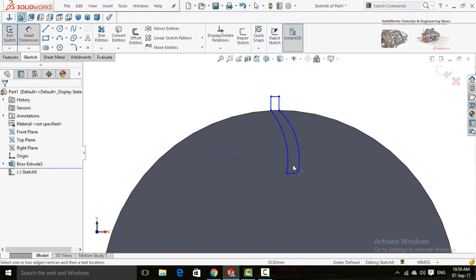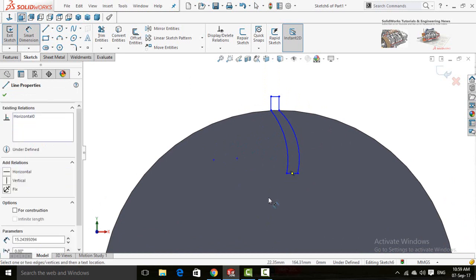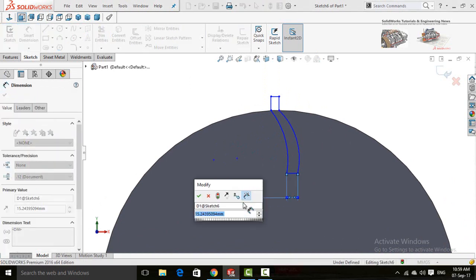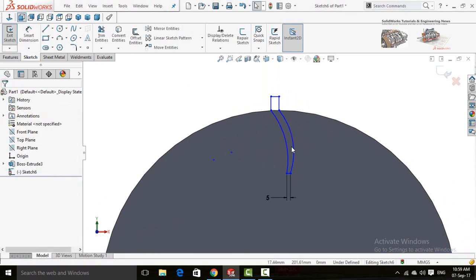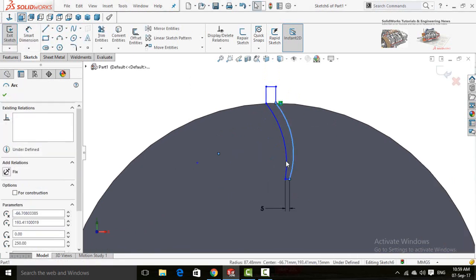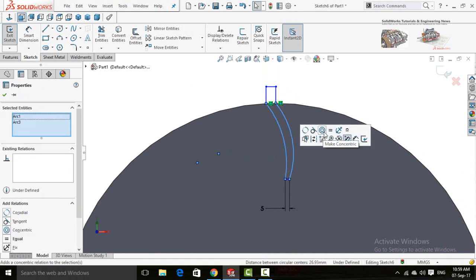Now define it. 5 millimeters. Select both of these arcs and make relation concentric.